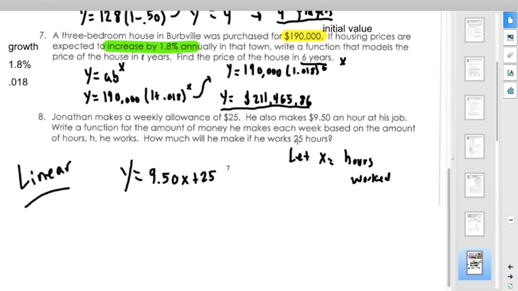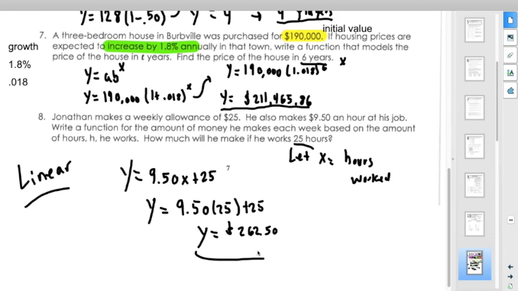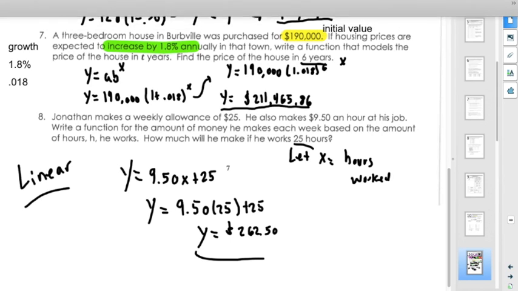And if he works 25 hours, y is equal to 9.5 times 25 plus 25. So he would make $262.50. Okay, and that is the end of day